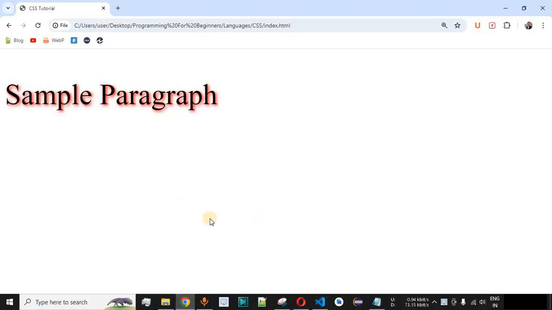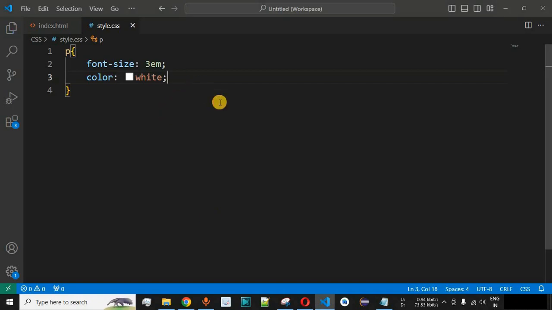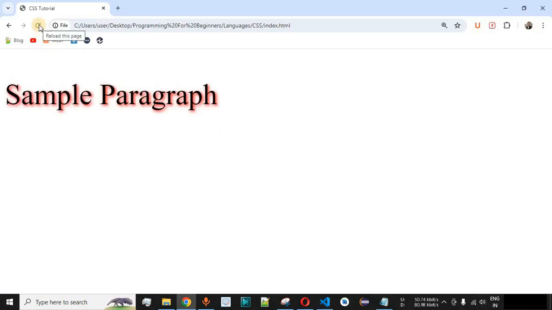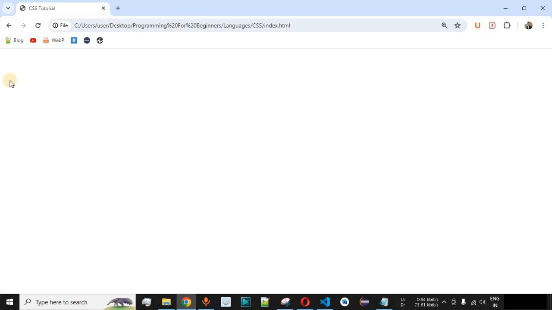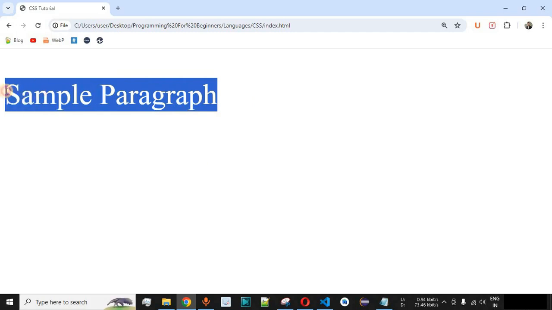So we won't be able to see the text by default. But what we are going to do is make its shadow black color. So let us check that. Let me just save this file now and try reloading this page once again on the browser. As you can see, we are not able to see the text by default, but it is currently present. When we highlight the text somewhere over here, you can see that the text is getting highlighted, which is having the white color as the text color.